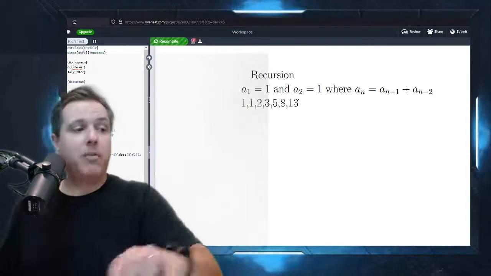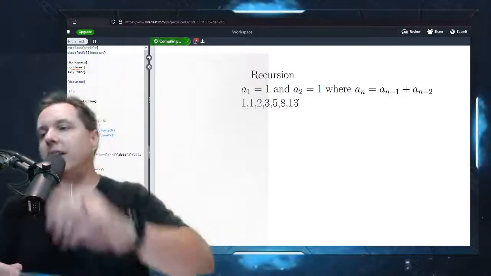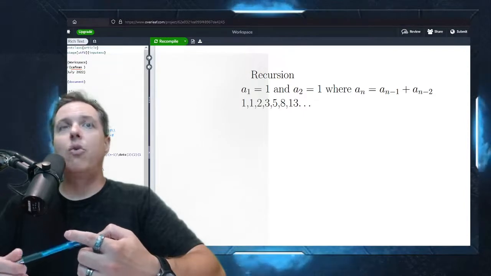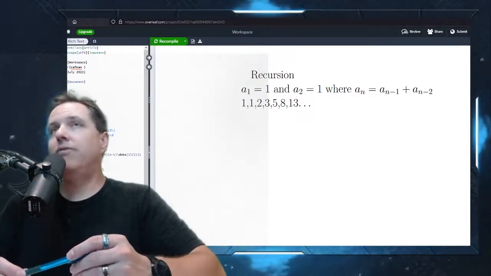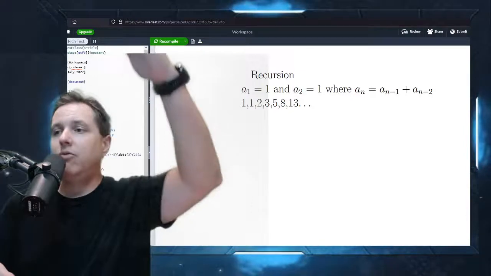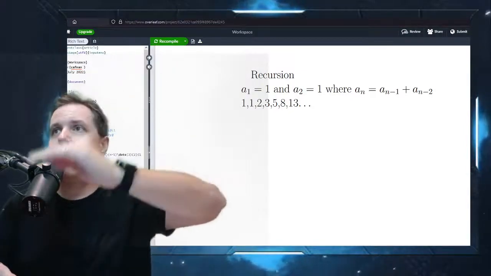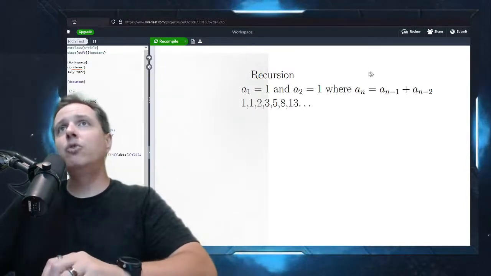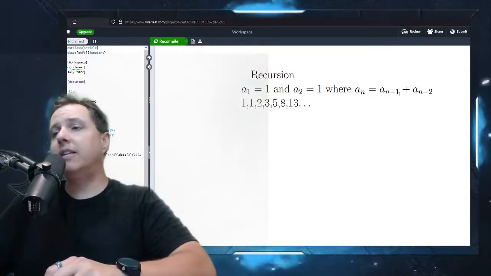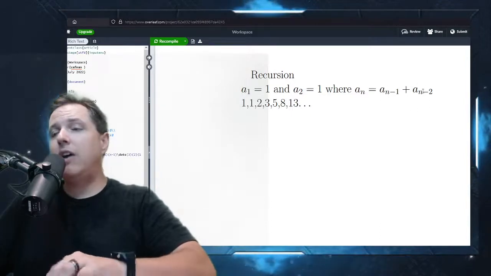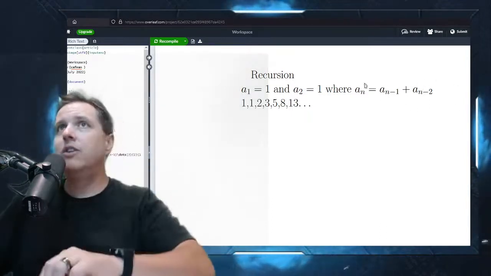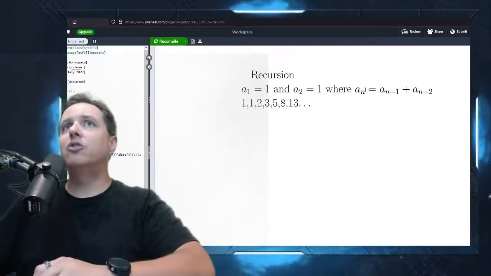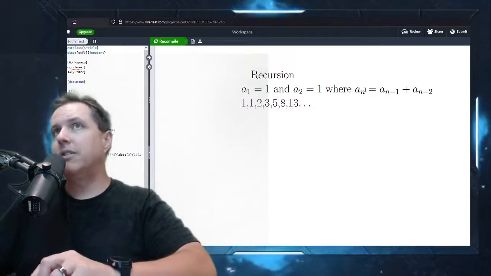You can go forever from there, right? So you could very easily, just with a for loop, write this into a computer, for n equals whatever number you're trying to figure out. You write some values, they're going to add together, they're going to rewrite themselves each time, and you're just going to get this running value. You can change this to be lots of different things, but you always have to make sure you have enough starting values to get this thing going. And then it's just this iterative process of getting the next term in the sequence, next term, next term.